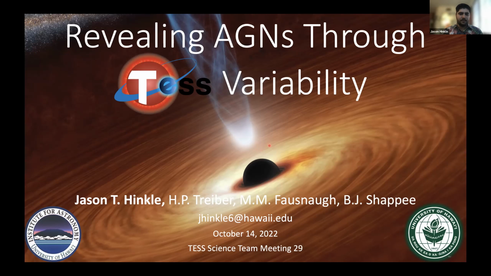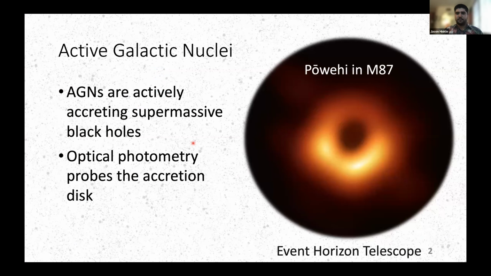I'm happy to talk today about some work that my RU student Lena Treiber and I have done on revealing AGNs using TESS data. Anna just gave us an introduction to a very extreme example, but in a more normal case, as she talked about, AGNs are just accreting supermassive black holes that are slowly eating mass from their surrounding regions over time.